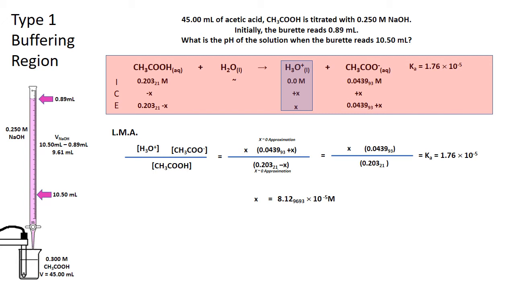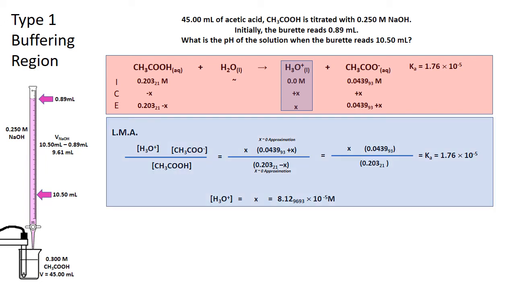Now, refer to the balanced chemical equation and note that X is in fact also equal to the equilibrium levels of H3O. So although we've solved for a variable X, we've also been able to determine directly that this X is the same as the hydronium ion concentration, and so now we know the hydronium ion concentration. Now, why would that be of interest to us? Well, the hydronium ion concentration, of course, is used to determine the pH of a solution. All we need is the hydronium ion concentration and an ability to take the logarithm of that value, and that's what we'll do here. The negative log, actually, of 8.12 times 10 to the minus 5 gives us a value